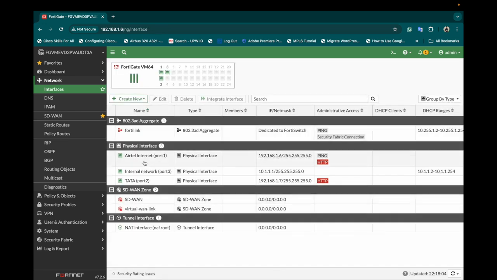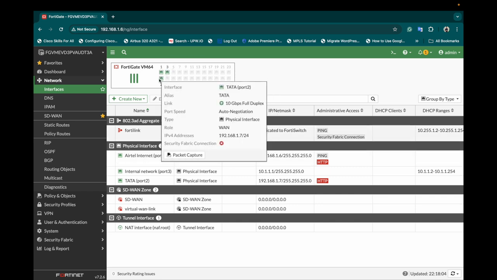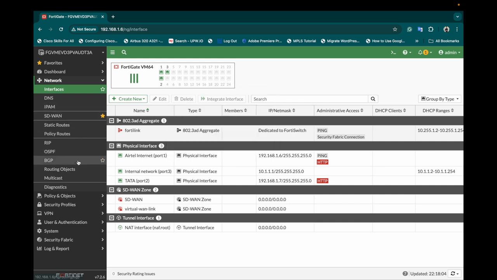So right now I have 2 ports for WAN internet connection. One port is Airtel and the other one is Tata. The third port will be the internal testing PC. So let's quickly go and